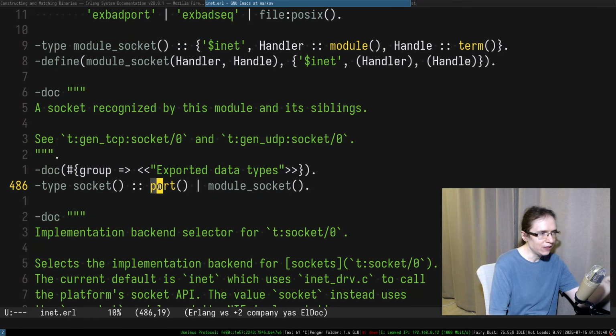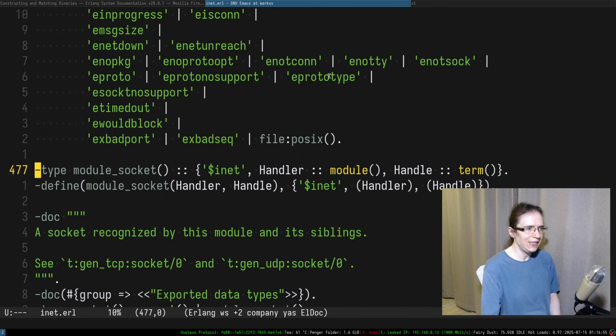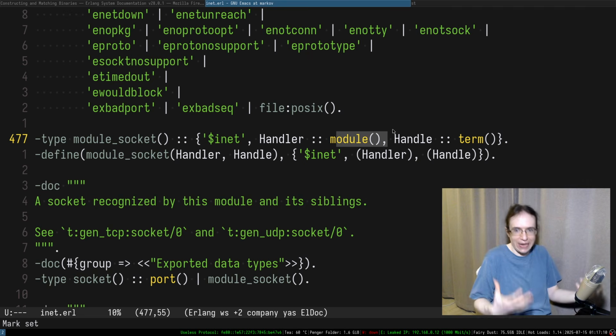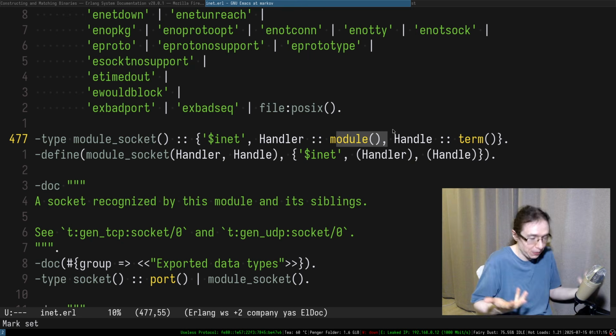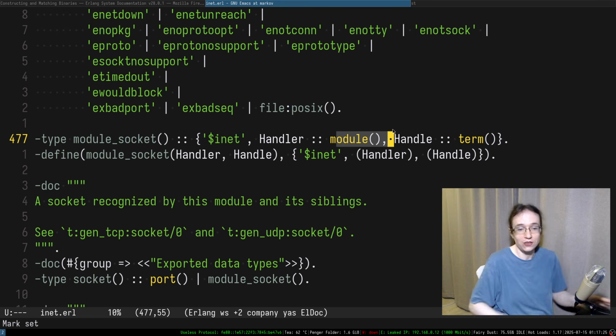So as you can see, socket is either port or module socket. So I don't remember what is port, maybe it's something. So the yellow indicates that it's something built in. So in a module, we can, yeah, so I actually found it instantly. Module is, I suppose, a tuple, the first atom of which is $inet, and then within it, it has 2 handles, which are modules. So it has a complex type system, even though it's a dynamic language, it feels like as powerful as at least TypeScript. There's a lot of type related stuff in here, and none of that is checked at runtime. All of that is just purely for documentation